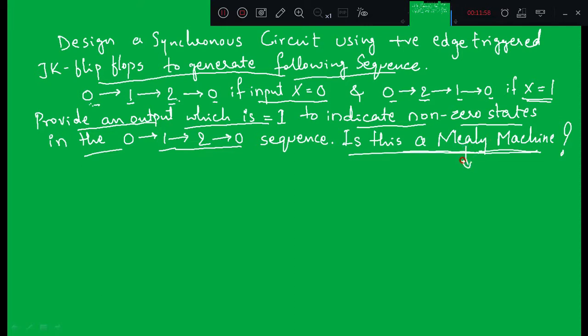Sometimes the models are also called machines, okay? So don't be confused that you just discussed the model and now you are calling it a machine. It is one and the same. And he has asked whether it is a Mealy model or a Moore model. To tell that, we have to check whether the final output is a function of both the present inputs and the present states, right? Later we will see once we design the circuit. So first we will see the design of this circuit, okay?